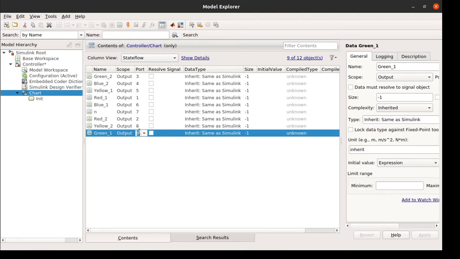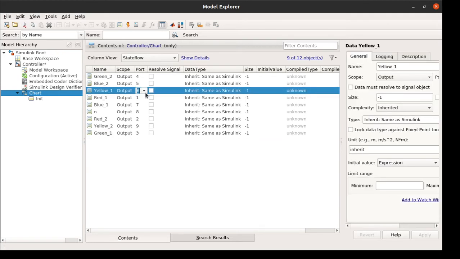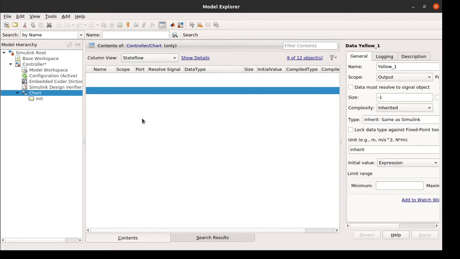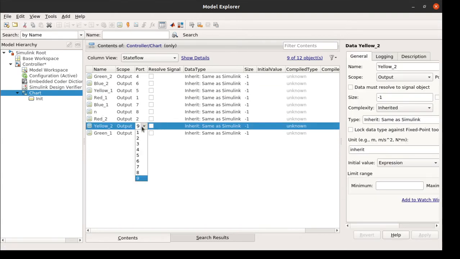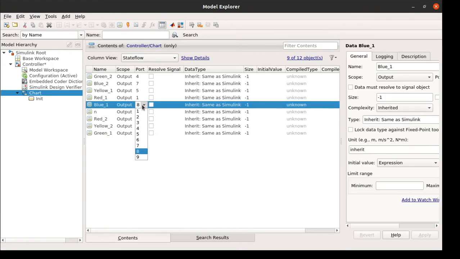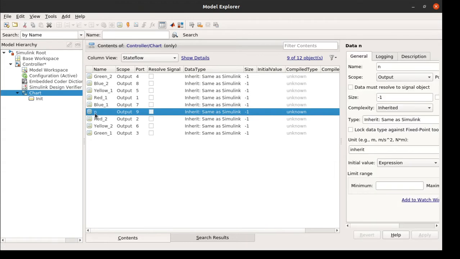This I want to have as 3 and green 2 automatically turns to 4, and the yellow 1 I want to have as 5, the fifth pin, and the yellow 2 will be the sixth one, and the next one is our blue. I want to have it as 7th. Now n is turned to 0.